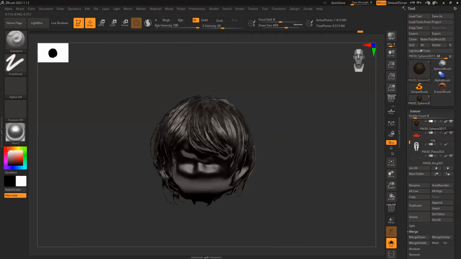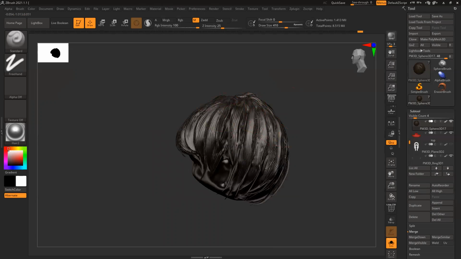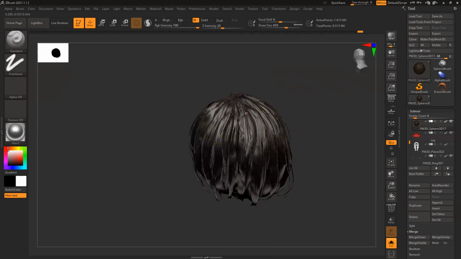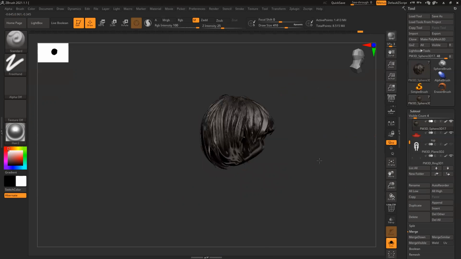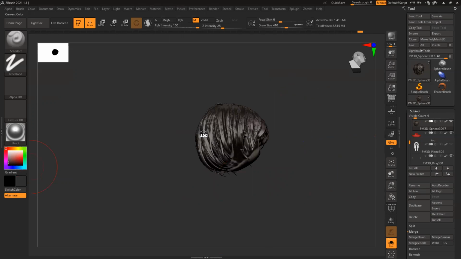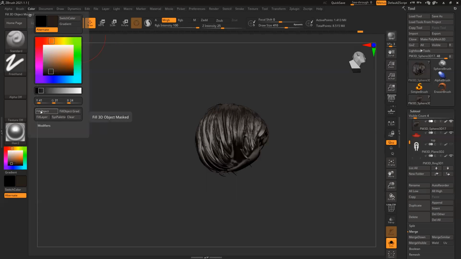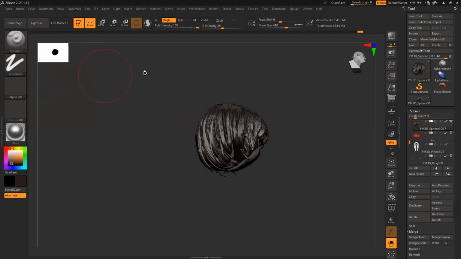Now the material I have to set for this. If I want, I could use symmetry. Though it's not symmetrical, it will apply. I'm just assigning the material. So can't we just do fill object? For that, I have to select the color again. I have to pick the color again and switch on MRGB color fill object. It will work perfectly, no problem.